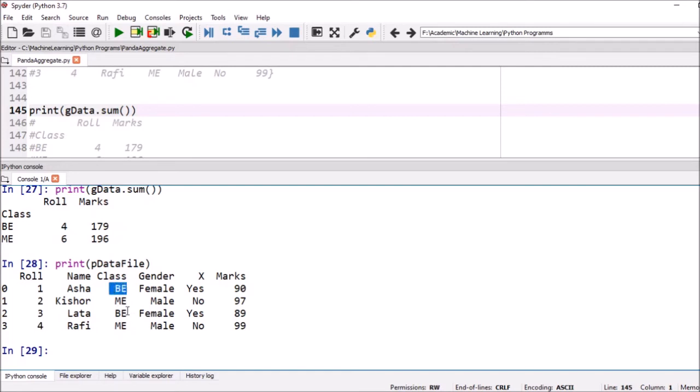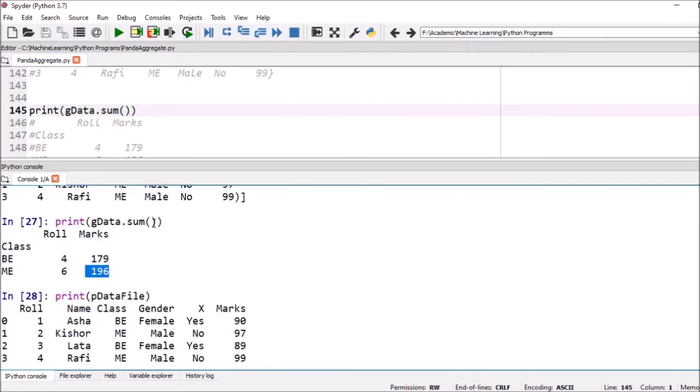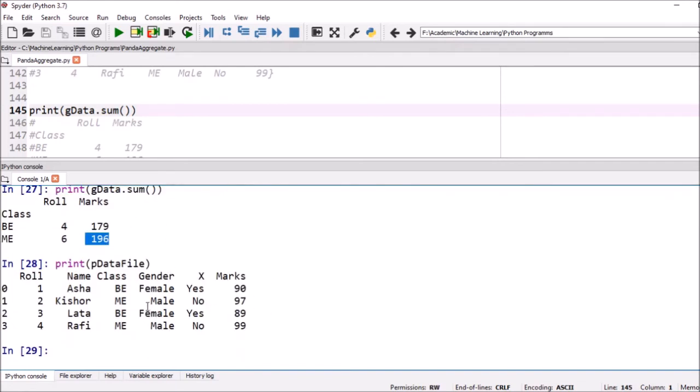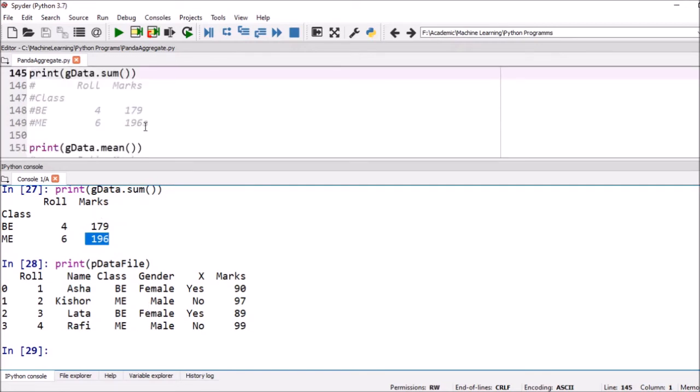Similarly for B marks, it adds 90 plus 89, which is 179, and for Amy 97 plus 99, that means 196. So if it is a numeric type, it will add and print the sum values.